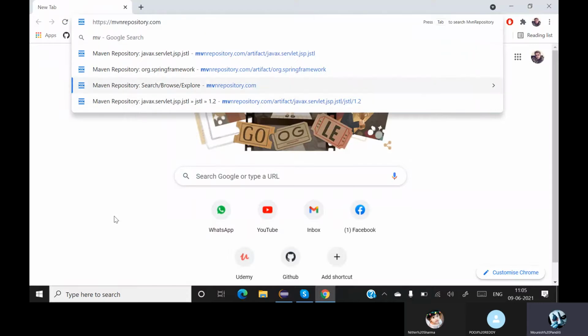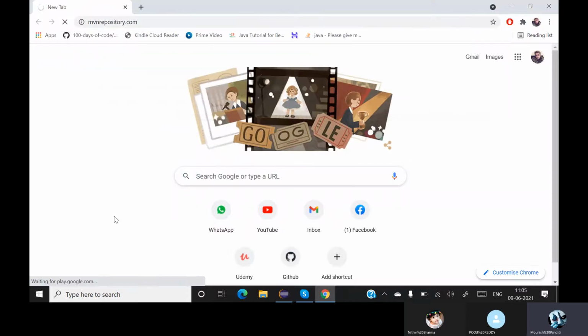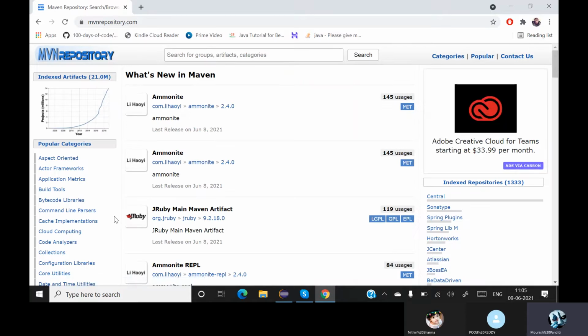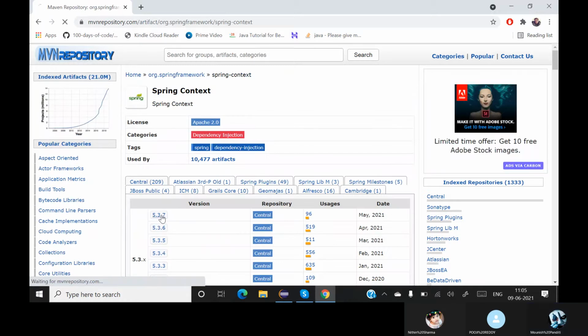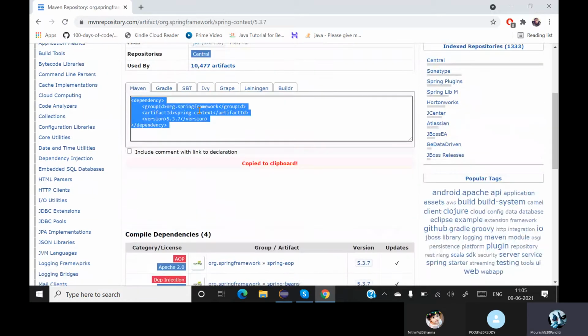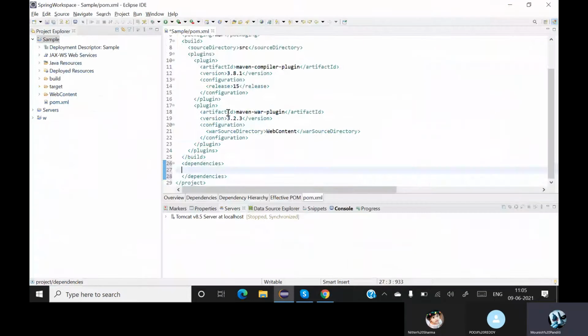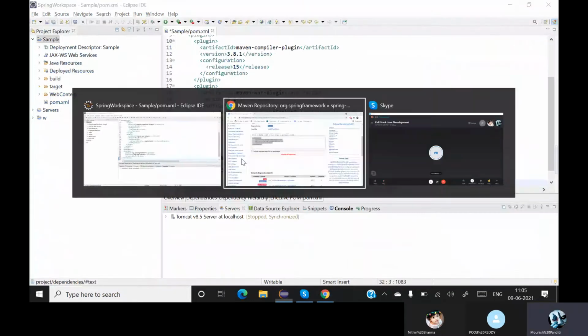You can directly go to this particular website, mvnrepository.com. Inside it, we obviously need Spring-based dependencies. First, Spring Context. Go here, click on this, copy it, paste it here.